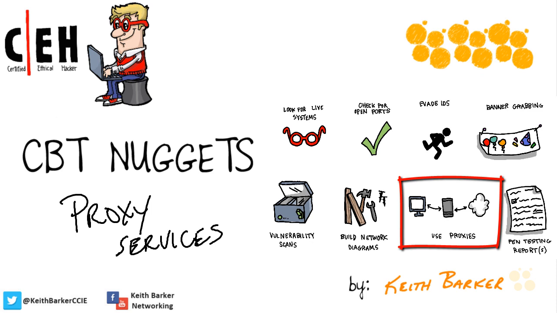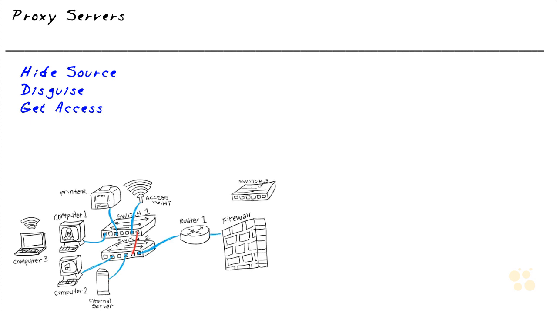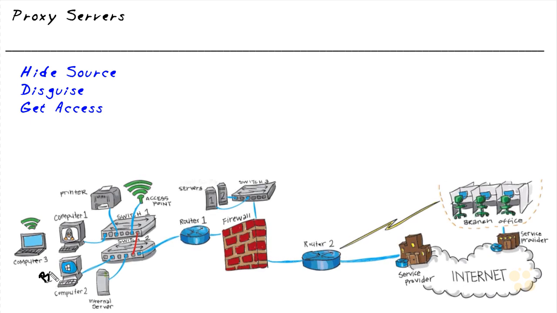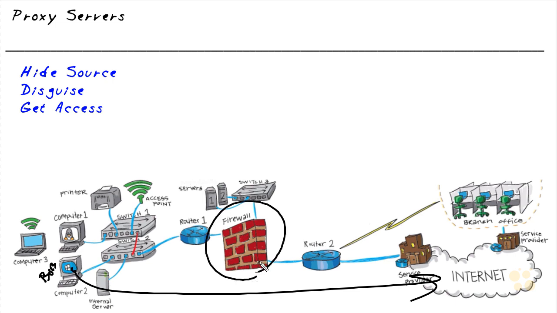demonstration of implementing one. We use proxies all the time for productive and legitimate purposes. For example, let's say we have Bob here at this computer and Bob's going out to the internet. It's very likely that Bob's traffic is going to be intercepted or proxied by some device on his local network before it goes out. Maybe the firewall is acting as a proxy, including doing services of network address translation, or perhaps we're going to a full-blown proxy server that's doing NAT itself and then sending out requests out to the